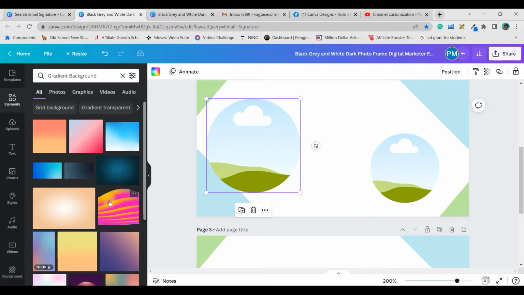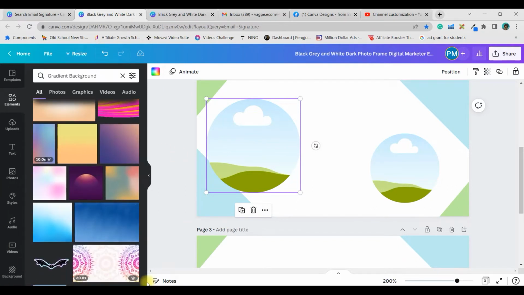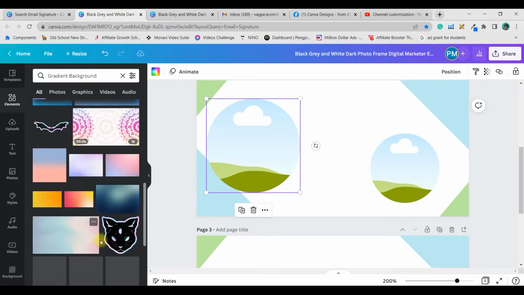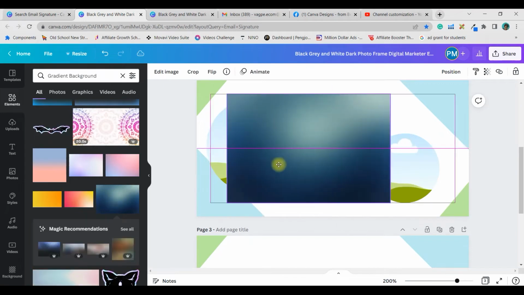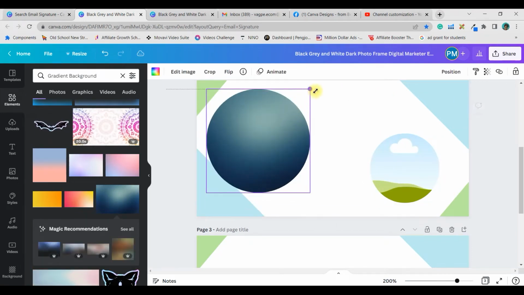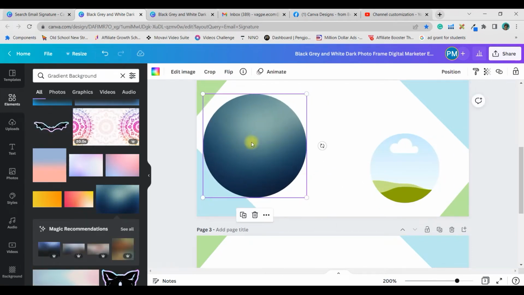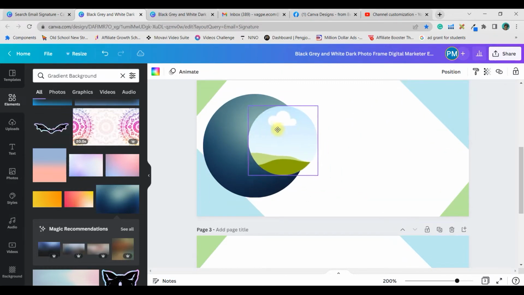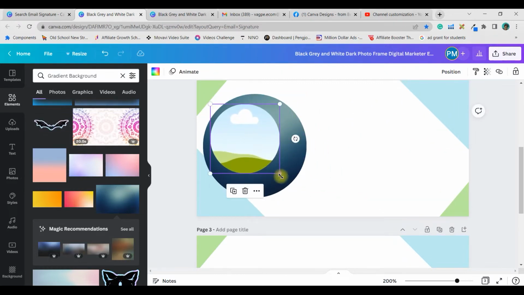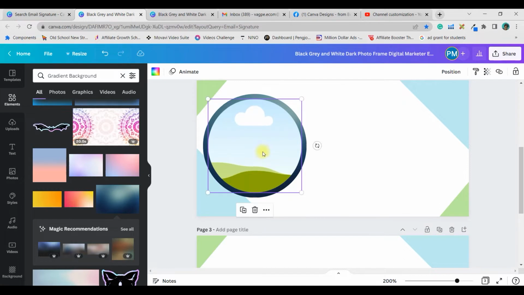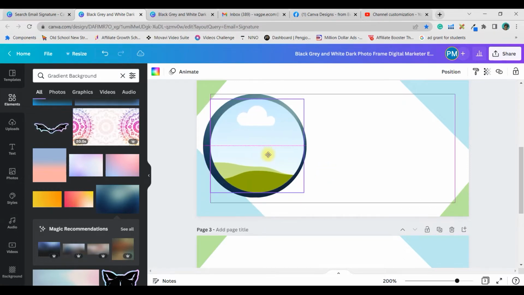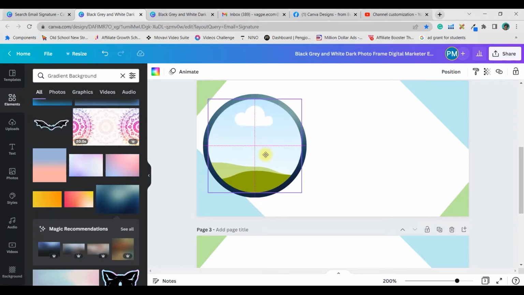and then I will go again back to elements and type gradient background, and you can take a beautiful gradient background from here as you wish. So for me, this is okay. This is going with my background, this theme. So I will position this over here. I'll make it a little long, a little large, and always remember this grid. It should come and cross, and then